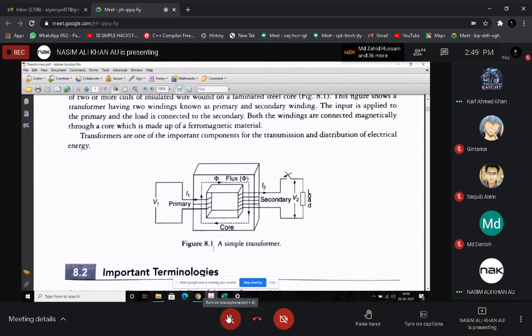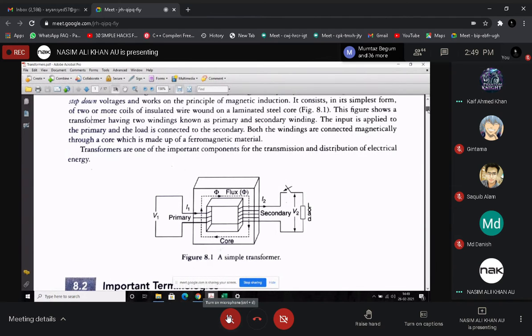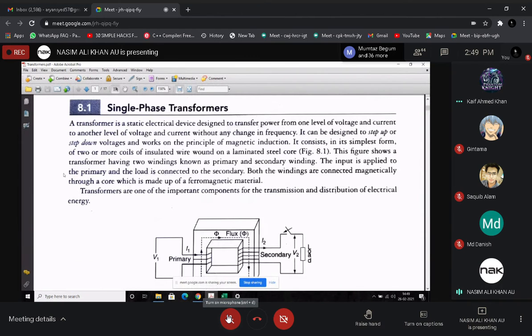वोल्टेज रहता है, करंट ओके रहता है, और जो नंबर ऑफ कॉइल है, ये नंबर ऑफ कॉइल 1 2 3 है, और इधर देखो 1 2 3 4 5 है। कॉइल को N1 बोलते हैं, वाइंडिंग्स बोलते हैं। देखो यहाँ पर एक चीज लिखा हुआ है, this figure shows a transformer having two winding known as primary and secondary winding. The number of turns जिसको बोलते हैं, इसको winding बोलते हैं, ये वाला टर्म, winding, ठीक है।